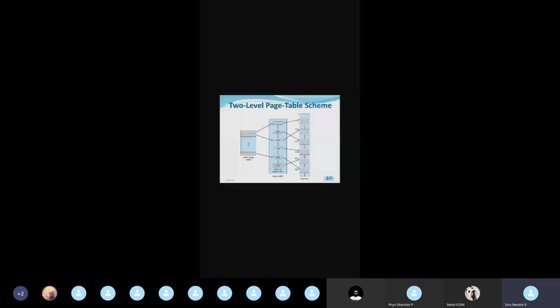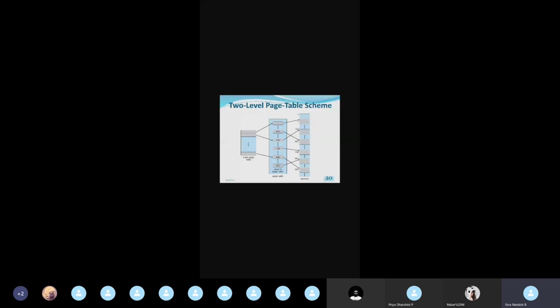In this outer page table, page 0 points to the inner page table, and inside that page table we have several pages. There is 1 to 500 as one page, then 500 to 100 may be another page, 100 to 708 is another page, and 929 to 900 is another page. Likewise, within one page table we have several pages. So the outer page table tells us which inner page table holds page 0, and which holds page 1.